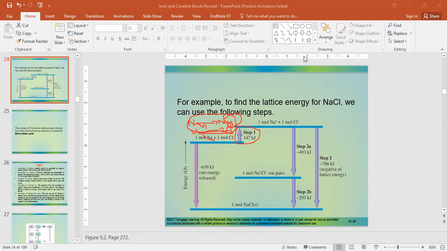Please, is the energy released constant or does it vary? The energy released depends on which particular atom we are talking about. For example, if you look at what we have here,